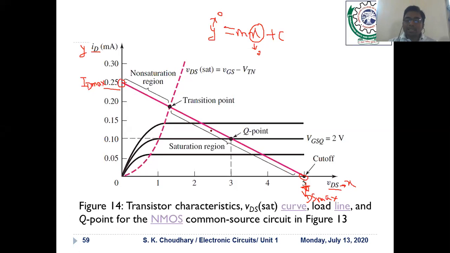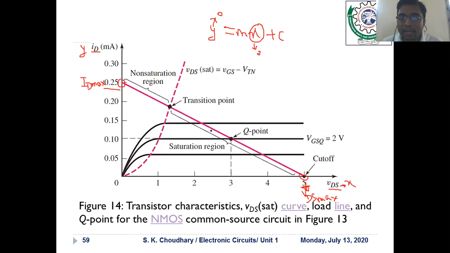Now, one question arises: why is it called the load line, or why is it called a DC load line also? First of all, DC means direct current conditions. In this particular drawing, in the IV characteristics as well as this straight line, we have only used the DC condition. There is no interference of the AC conditions. All voltage sources are DC. That's why it is called the DC. And the second one is a load line. Why is it called a load line?